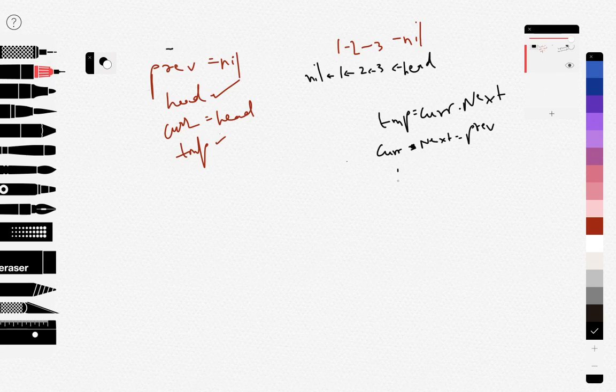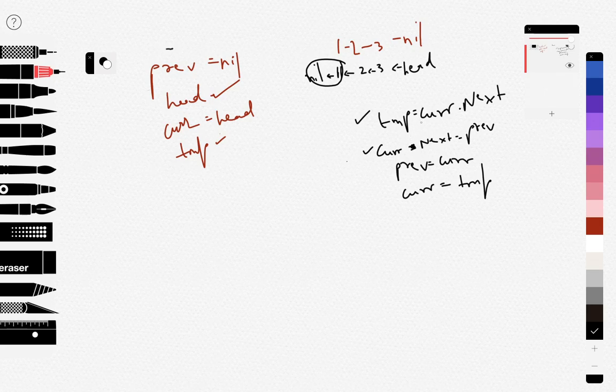Then previous would be equal to current for the next iteration, and current would be equal to temp. You can see why we did this step, because in the very next step current was going to be modified. So current dot next is going to point to previous, so we are going to flip the very first link. This one will point to nil.